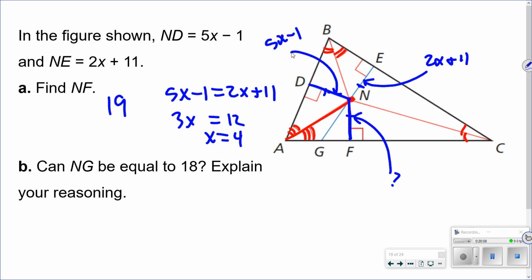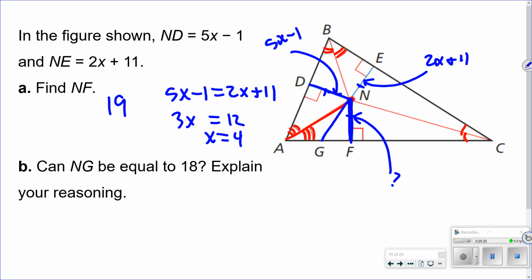It says, can NG be equal to 18? Explain your reasoning. Let's see, NG. Could this be equal to 18? So this is kind of a weird question. It doesn't really have anything to do with incenters. But if we know that this one is 19,